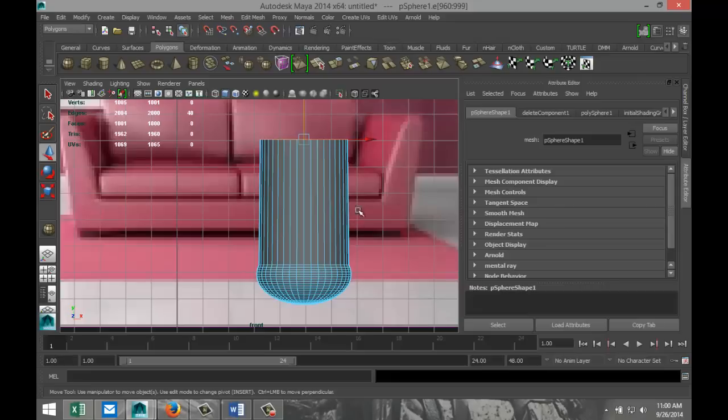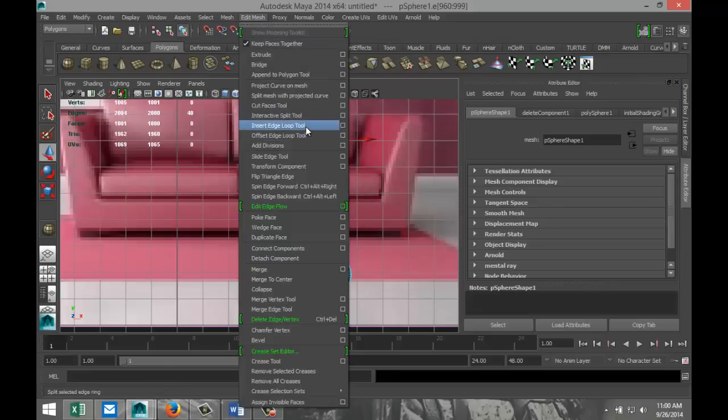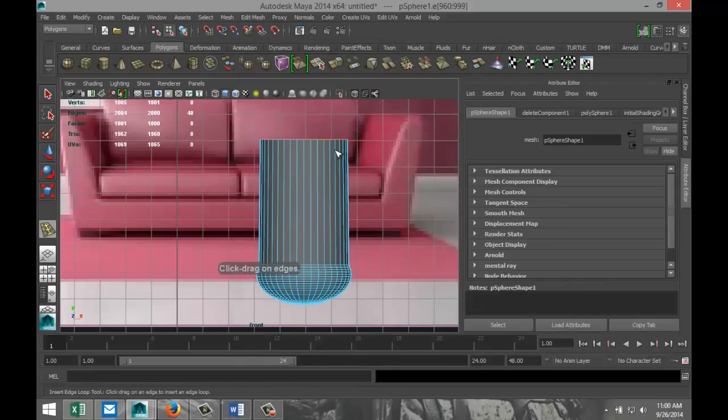And now we are going to add some subdivisions. So go to Edit Mesh, insert Edge Loop tool, and we're just going to add some subdivisions here, equal spacing roughly. Not quite, but not too bad. Hit Q,